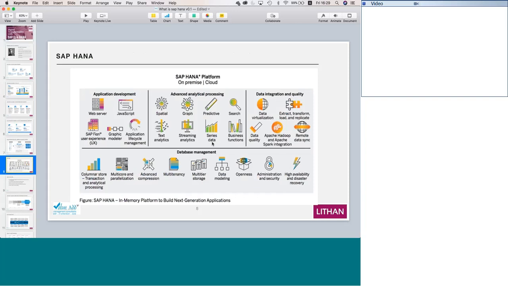The most important thing here, which I find very good, is here. Wherever I have used HANA, I always found, where you see my mouse moving, this one, this is what most of the customers buy it for. You have all the tools available for doing predictive analysis and text analytics. Text analytics is basically what we talked about with the Facebook, Instagram, Twitter data which is going to come out.